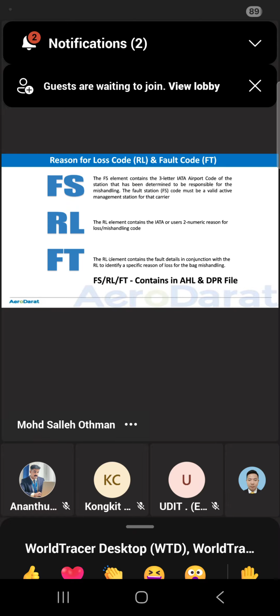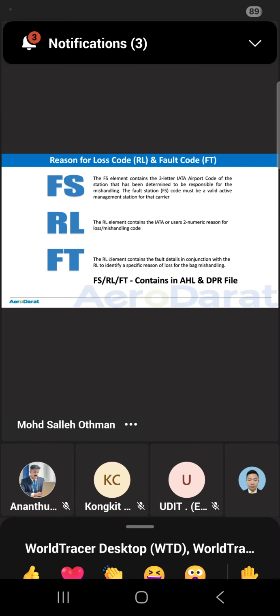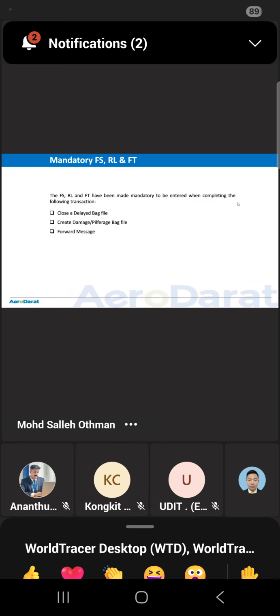So this one is more detail. That's why they put FT01, meaning direct flight, FT02 transit, FT03, FT04. They have the specific reason. Later we will see the FSRL code.